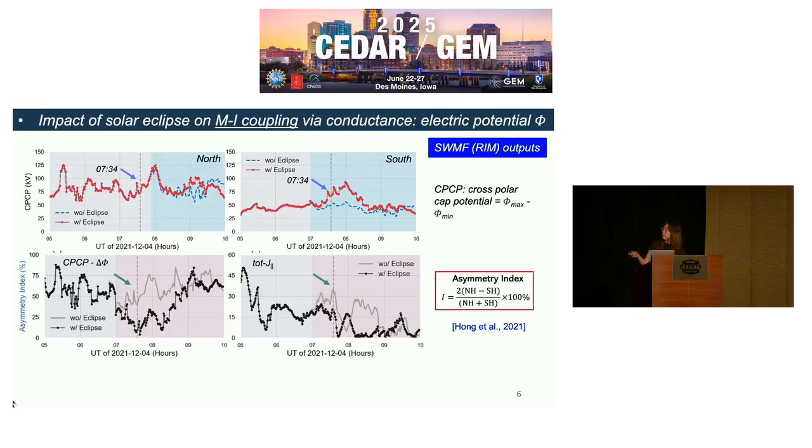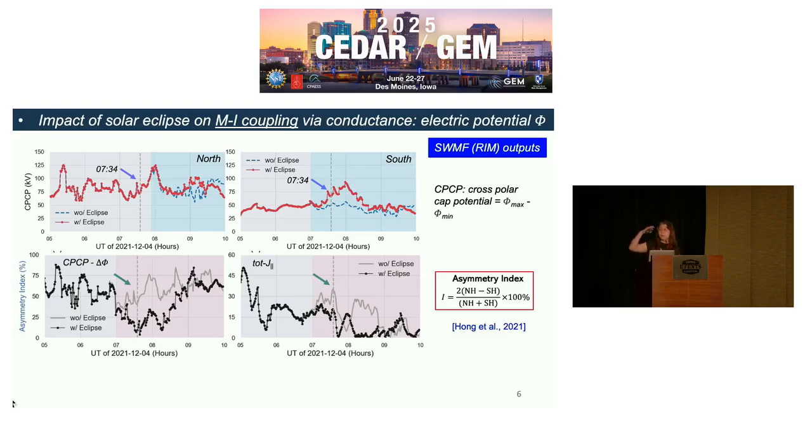If you look at the magnetosphere current generator, the reduced conductance will enhance the convection potential. And in the northern hemisphere, initially not too much difference, but after a certain time you can also see some change as well, which indicates both hemispheres are connected. Then we look at the interhemispheric asymmetry for both polar cap potential, CPCP, and the total Joule heating. And actually the eclipse reduces the asymmetry, which can be understood as